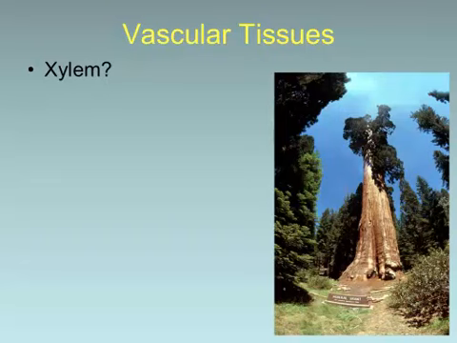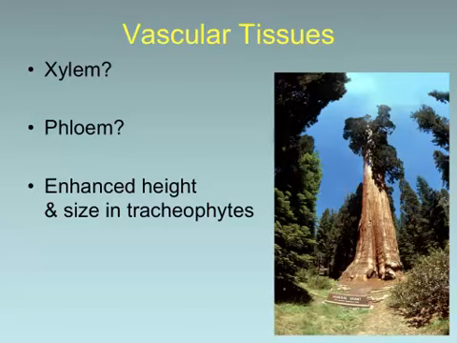All right, so just to kind of end here quickly on this section before we get into the tracheophytes, xylem, remember, is water-conducting tissue, starting off with tracheids in the earlier tracheophyte plants, and later on moving into vessels. These are transporting water. Phloem cells are going to start off as sieve tubes and sieve tube members. And both of these two tissue types allow us to get plants that are just a lot bigger, larger size, a lot taller, a lot bigger in diameter.